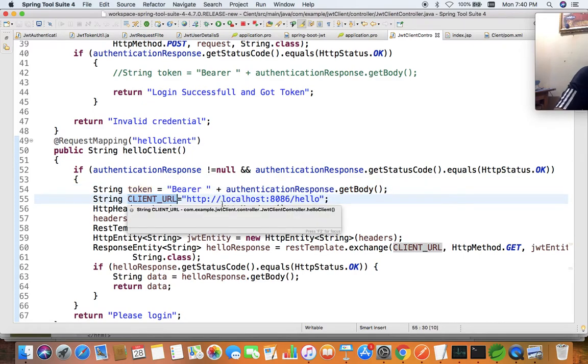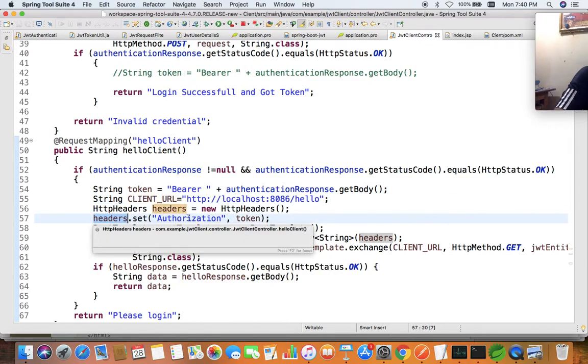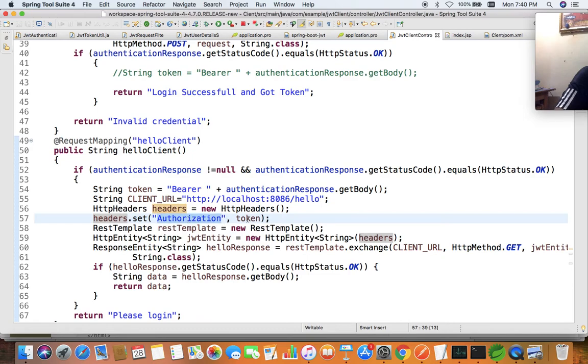We are having the second URL. Now the microservice which has the second URL as hello, that we are now going to call. This is hello, the second URL, and we are going to have this authorization variable and token as the value.